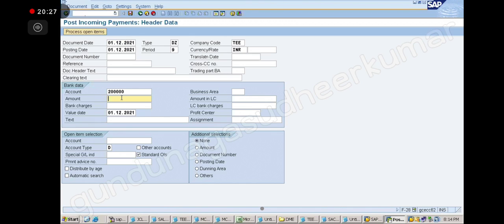So how much amount will I get into my bank account after bank charges? 44,000. So this is my bank account. I am receiving 44 after bank charges. So what is left now?